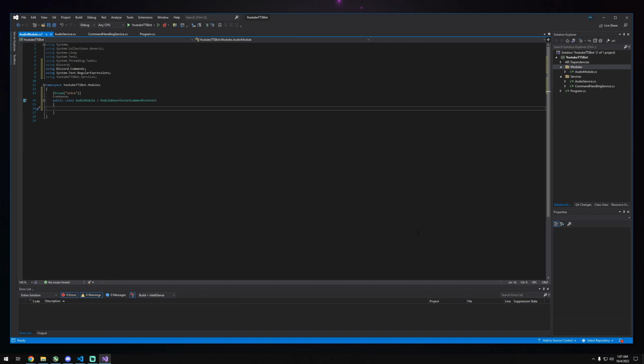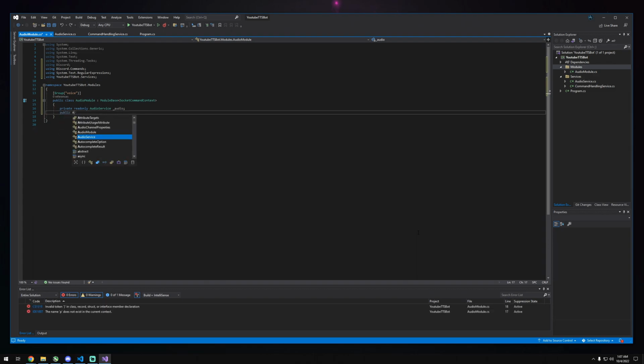Now at the top, we're going to need to set in our audio service. We'll do private readonly audio service. We'll just call this audio. Now we need our constructor. So we'll do public audio module and